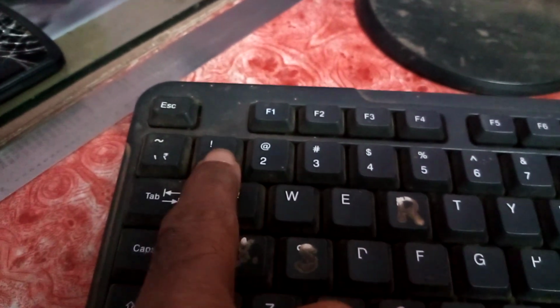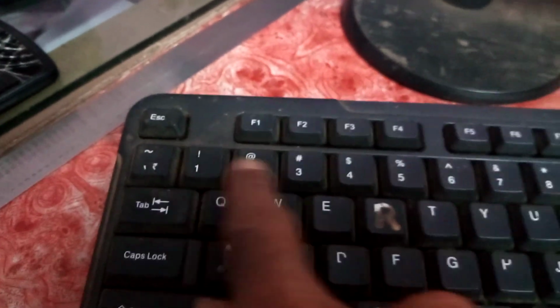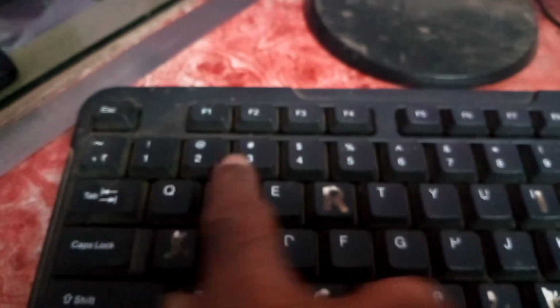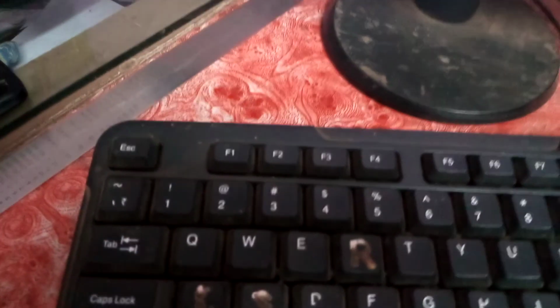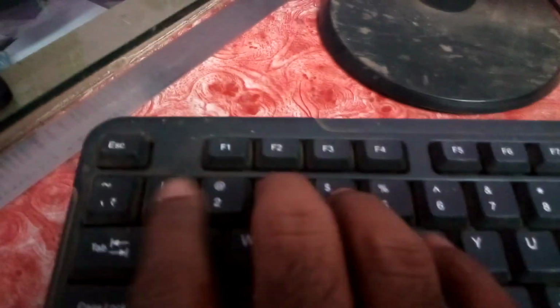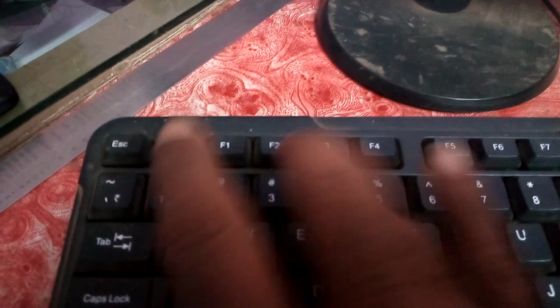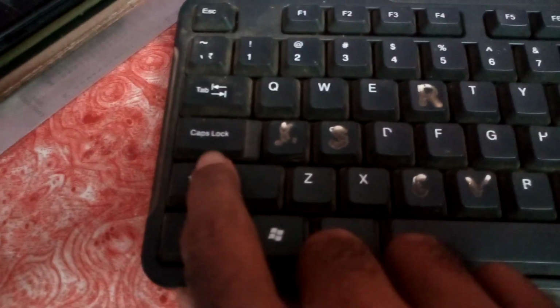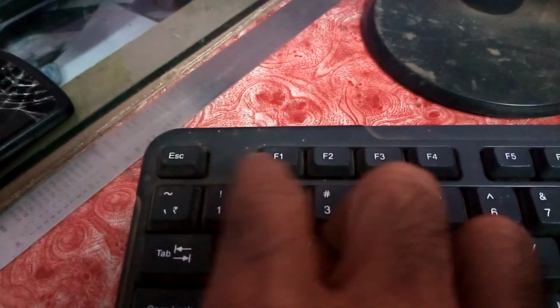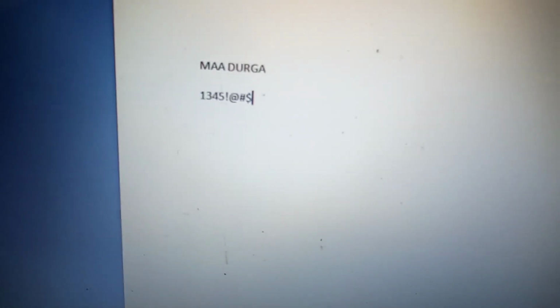In one key there are two symbols. These are the special keys, and they are also the number keys. When we type only these keys, it will type 1 2 3 4. But when we want to use the special symbol, we first press the shift key, then press the required key. You can see that it acts like this.